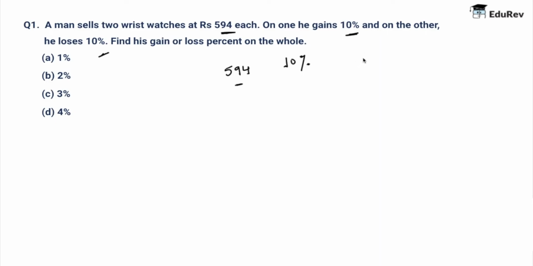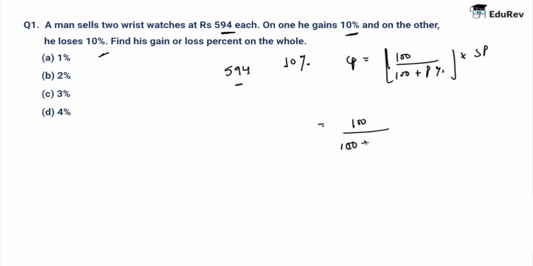Therefore, the CP of the first wristwatch is going to be 100 upon 100 plus profit percent into SP. So this is going to be nothing but 100 upon 100 plus 10 into SP, that is 594. And this is going to be 540. Now similarly, the CP of the second watch on which he loses 10% is going to be